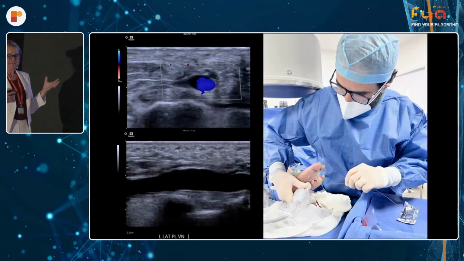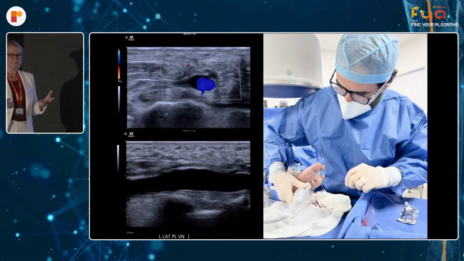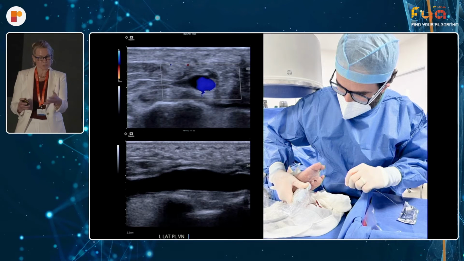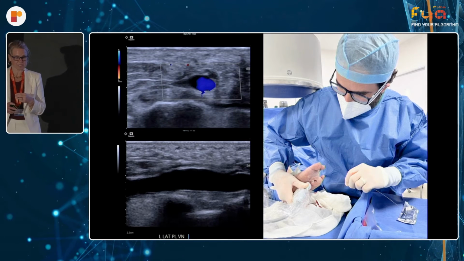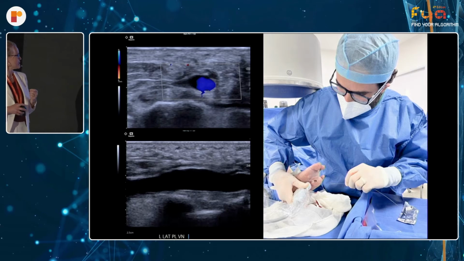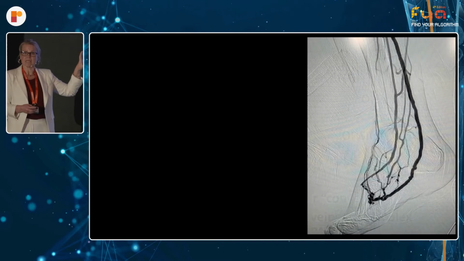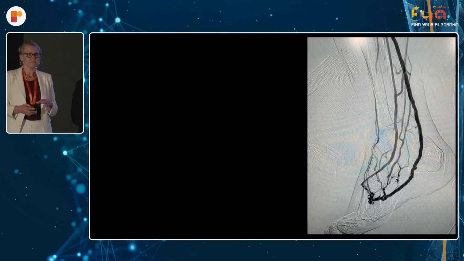So I think there's a lot of excitement around DVA, but ultrasound is vital, not only in the preoperative, but certainly postoperative too, and we can help aid with operative success, as you see Dr. Montero accessing that lateral plantar vein. Sorry, sometimes my slides didn't come up here, but when we assess the DVA postoperatively,